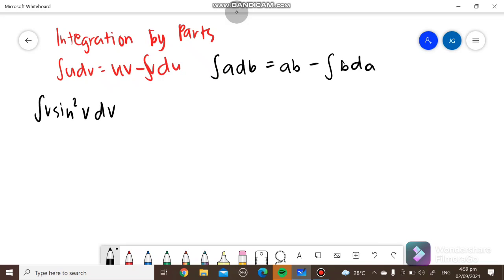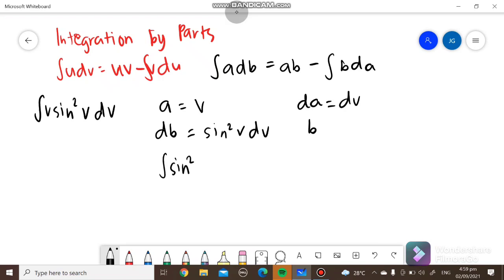So we need to find the value of a, and then the dA, the db, and then the b. The value for a will be v, and then the derivative of v is dv, and the value for db is sine squared v dv. So we need to integrate that. So the integral of sine squared v db